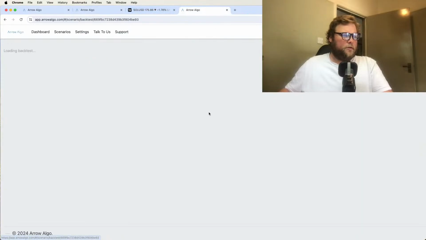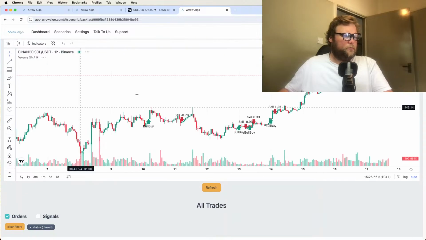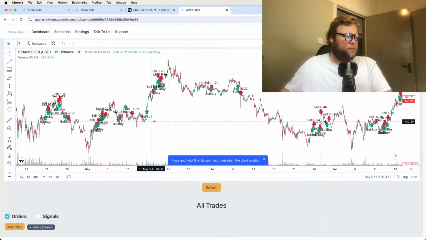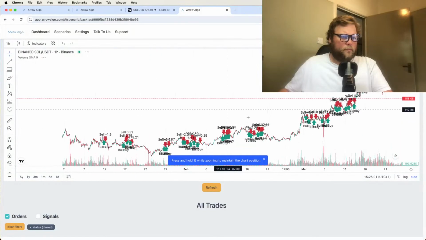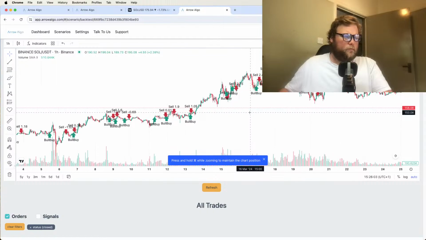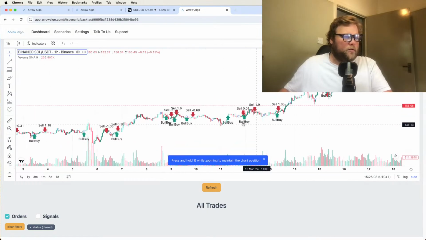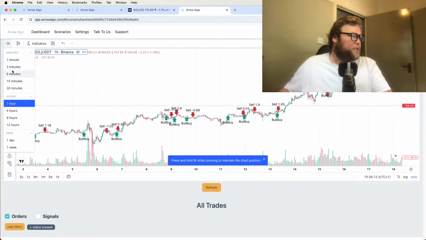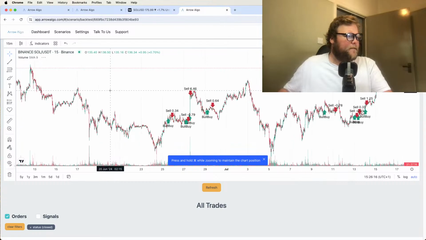So if we go back to those test results, particularly in here is a nice example. We wanted to ride these waves a little bit further up, so we're around early March there. If I stick it down to a 15-minute time frame and go back,